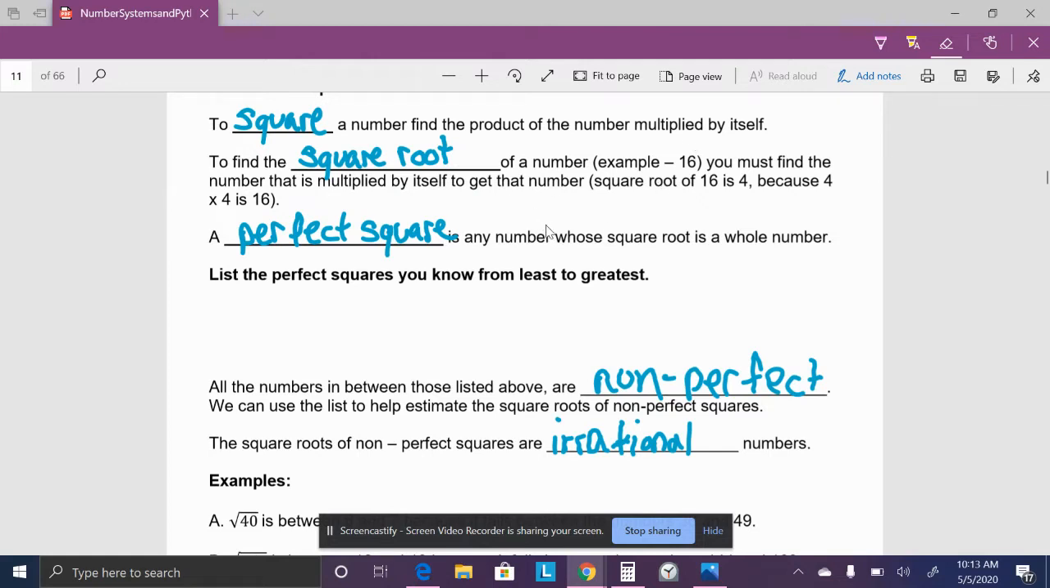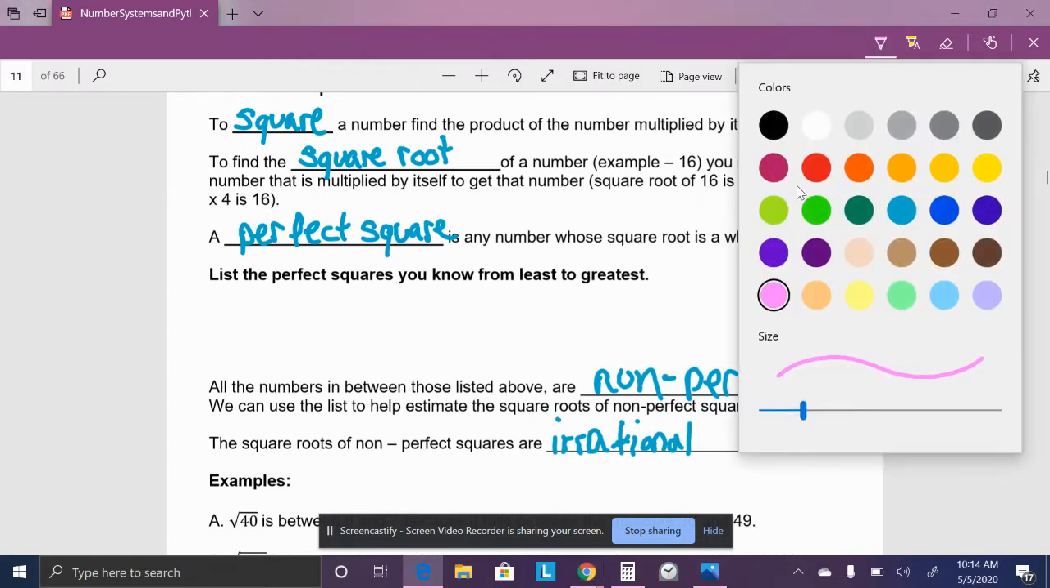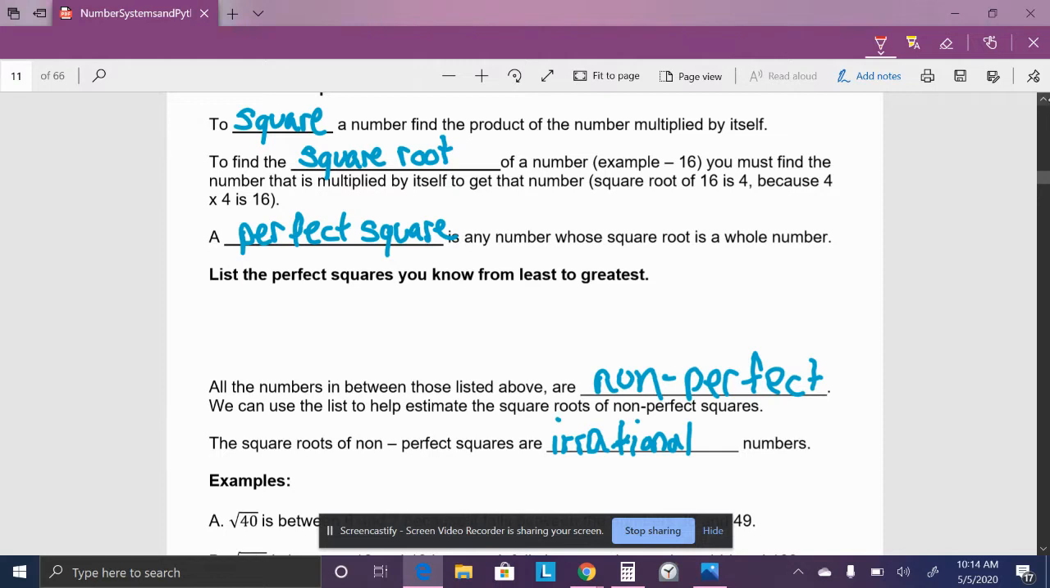A perfect square is any number whose square root is a whole number. So with your times tables, you should be able to know the list of perfect squares. By doing that, in your head, you just square every whole number that you know of, right? 0 squared, 0 times 0 is going to be, I'm going to change my pen color here,